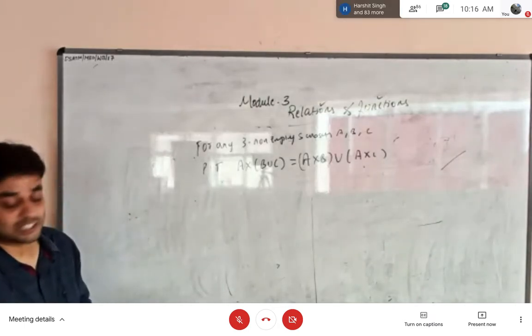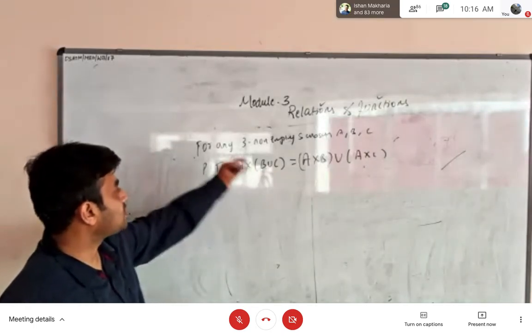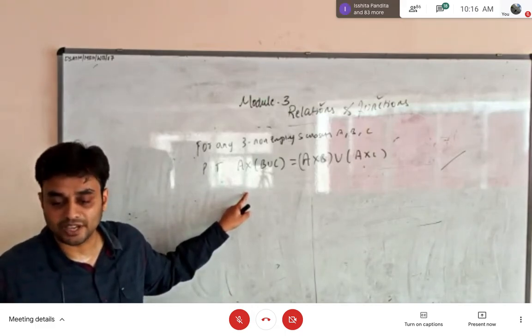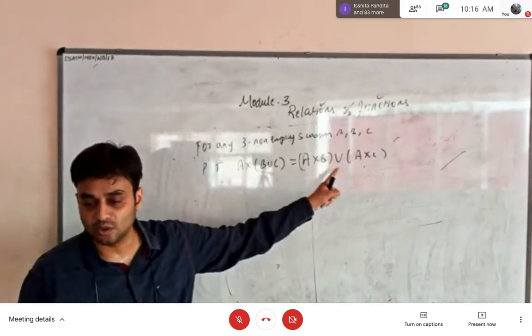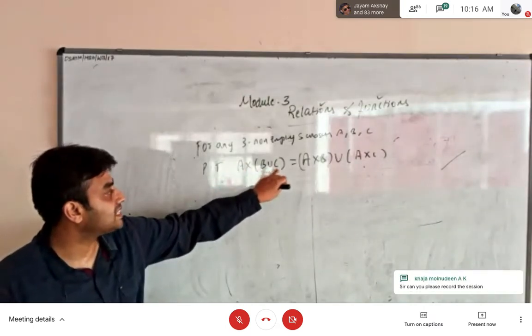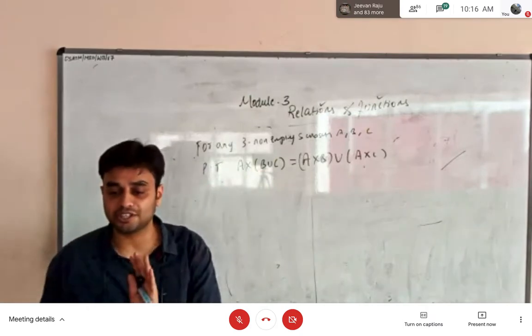Fine. For the theorems, you can refer to my notes. I'll just solve this first problem. I'll follow the same technique. Here I have to prove LHS is equal to RHS. So you should not take some elements for sets A, B, and C and prove this problem. You should not solve it in that way. You have to give the generalized proof.